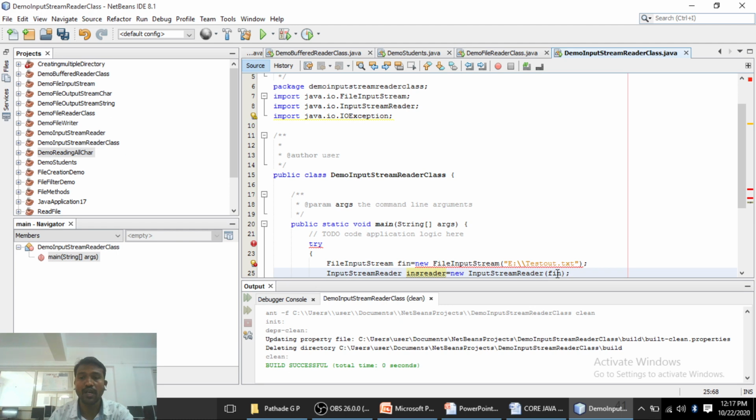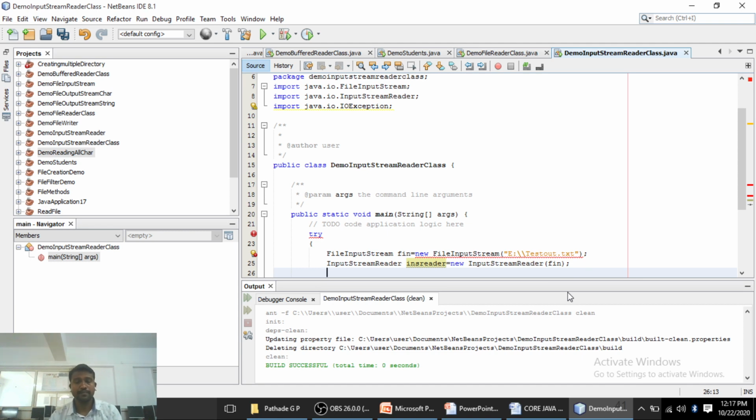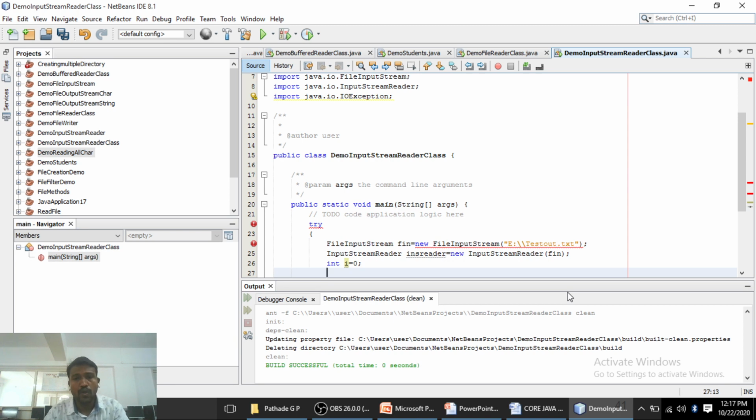So we are just going to convert this byte oriented data into character oriented data with the help of this particular statement. And now the character oriented data is in this particular object, that is the InputStreamReader class. Here we use one variable, integer i equals 0.